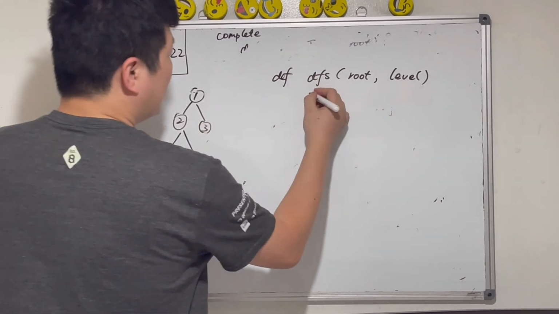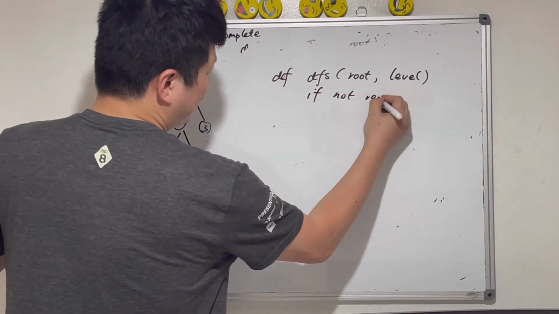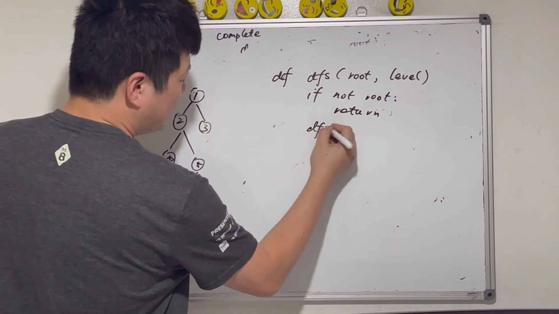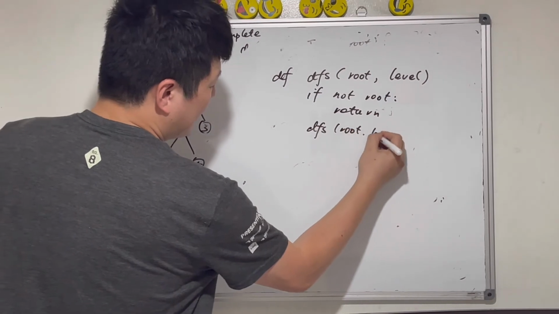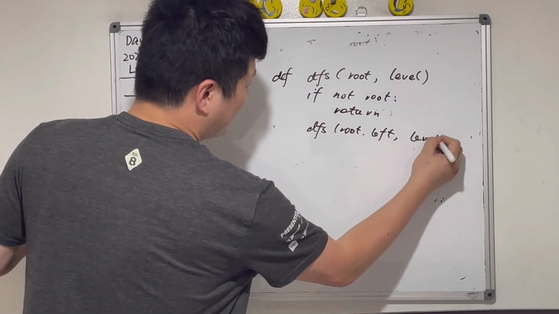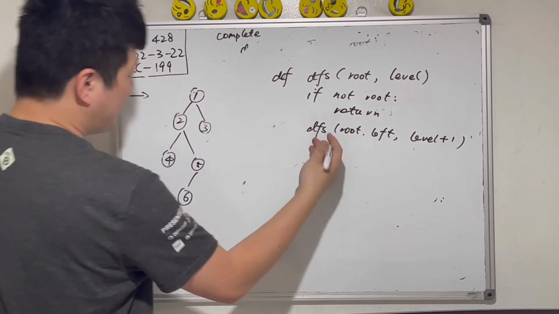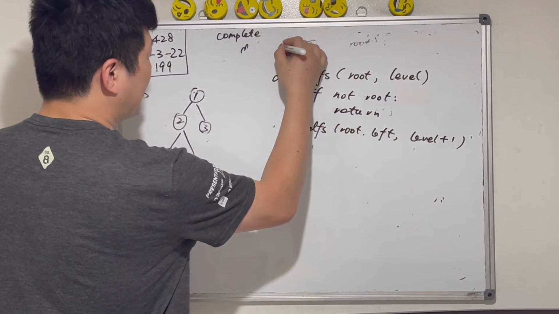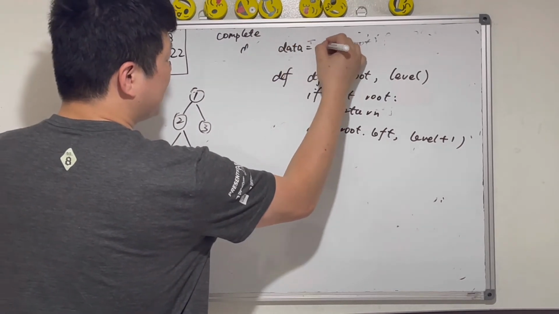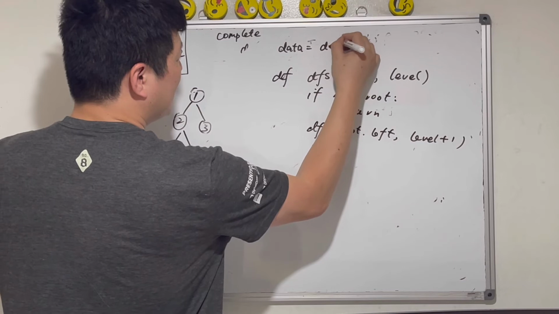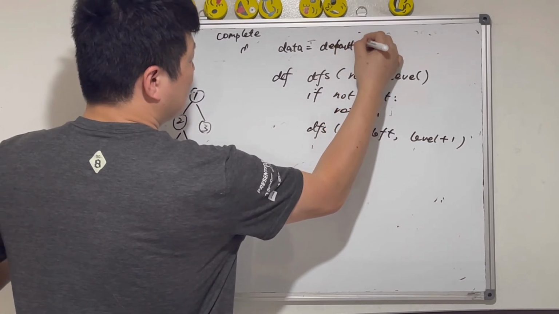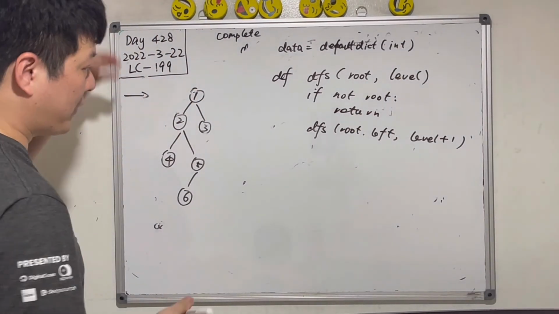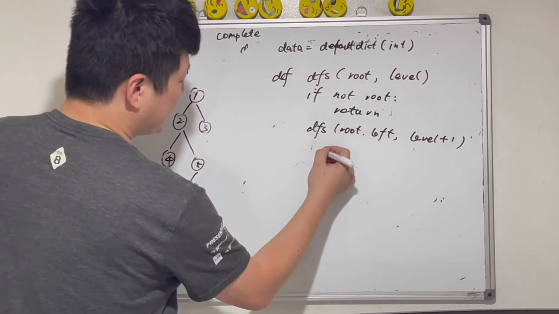So if not root, obviously we just return. We don't do anything. Otherwise we do the root or left, with level plus 1. Now I visit this tree, and this is the code. I have this data here, which is a default dictionary, where the value default type will be integer, the level. So then I can do this data